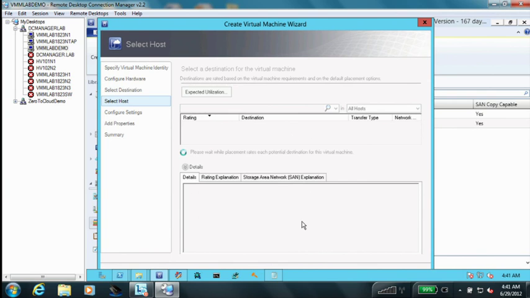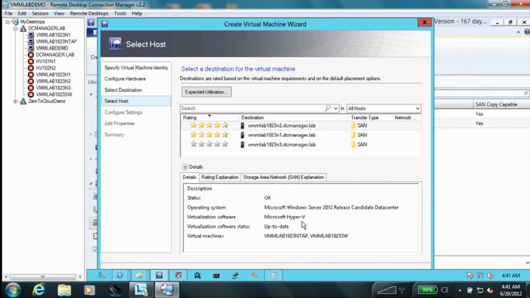My intelligent placement runs, so the VMM intelligent placement runs here, and it makes sure that my hosts get positive stars. And if you notice, there's an additional column out here called transfer type. What this really tells you is that the VHD would be copied from the library onto the host using a SAN copy or a clone,